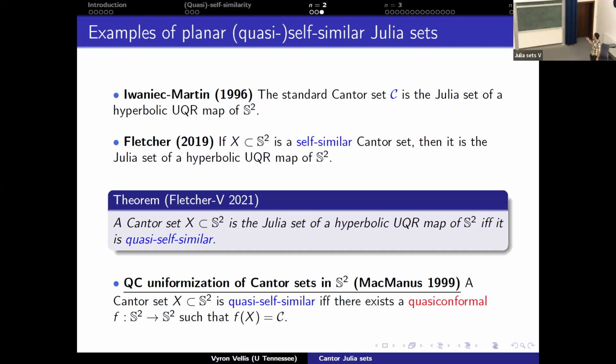So going now to 3 dimensions, one can ask if this is the same in higher dimensions. Like if you have a quasi-self-similar set in 3 dimensions, can you produce a global quasi-conformal map? That would be great, because then you can conjugate with this map and have the same theorem in every dimension. But I don't have the same theorem in every dimension, so the answer is probably no. And the reason is that in higher dimensions, Cantor sets can be very complicated.